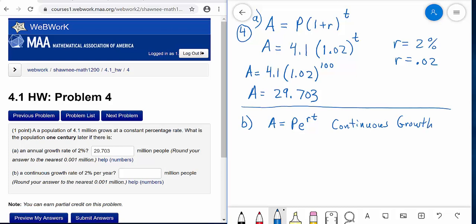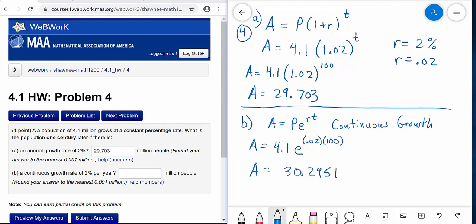A equals P, which is still the initial population, times e to the RT. E is a special exponential constant. It's about 2.718. So now with this formula, we use 4.1 again for the initial population, E, and then we raise that to R times T. So R is still 0.02 and T is 100. So when you enter this expression into a calculator, you will get